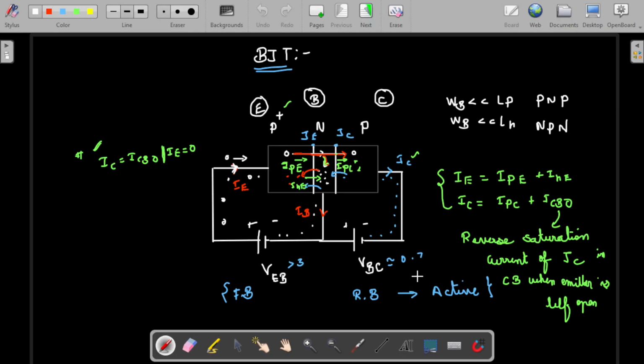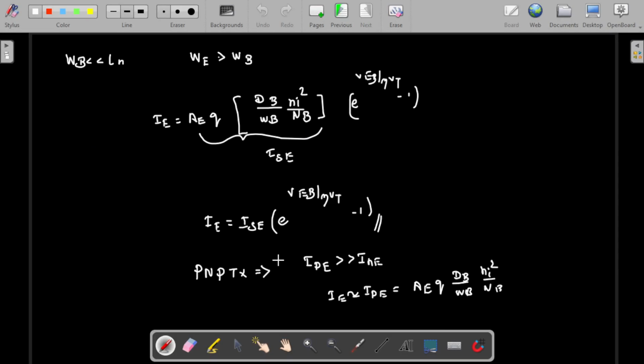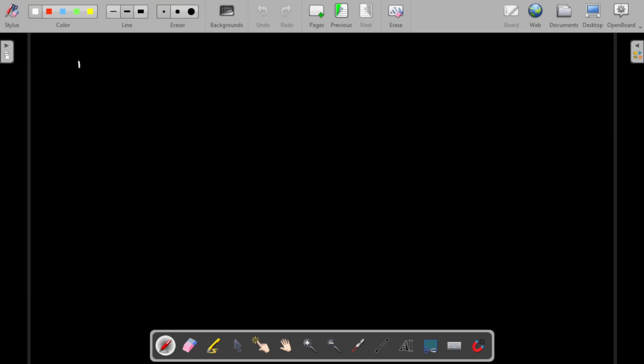So we have seen here that this is an NPN transistor. That is what we had right here. So this is an NPN transistor, and it will come as e to the power VEB divided by eta VT, minus 1. Okay. If you take a PNP transistor,